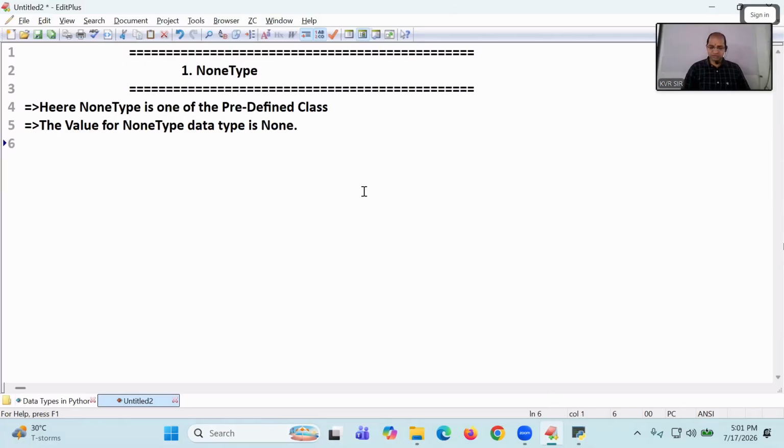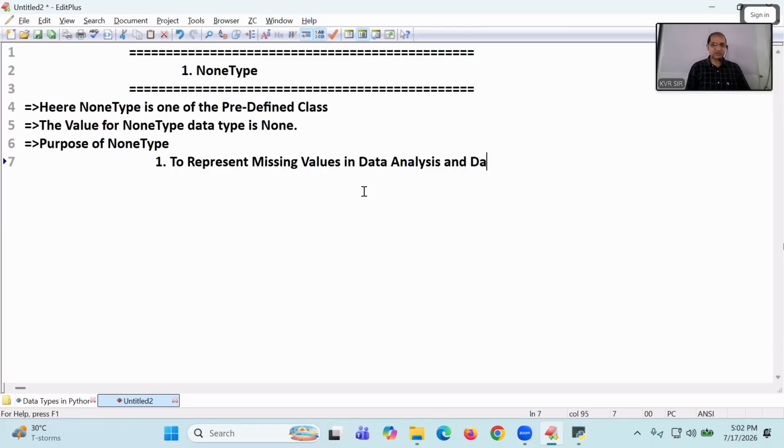So what is the real-time implementation of this? What are the purposes of this NoneType? Where can I use it in real time? I am using it in real time for two purposes. Number one, to represent missing values in data analysis, data analysis and data analytics. Example, nowadays in every state elections are going on. Before elections, the Election Commission of India will